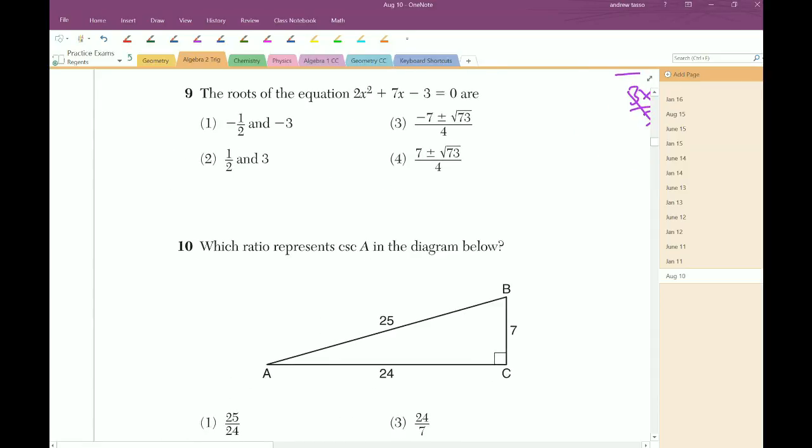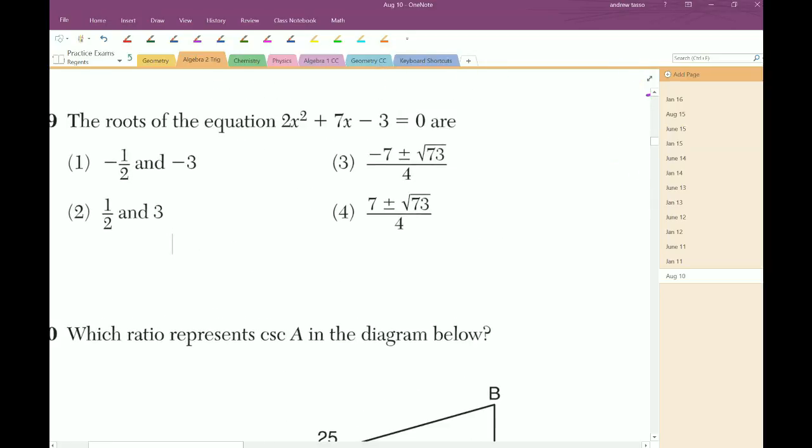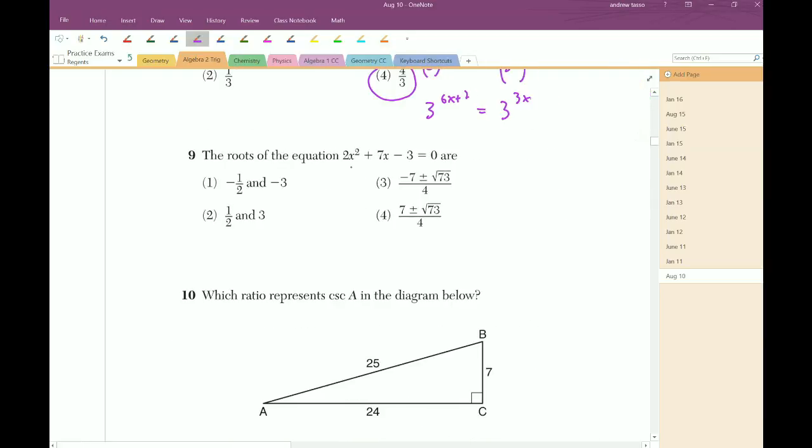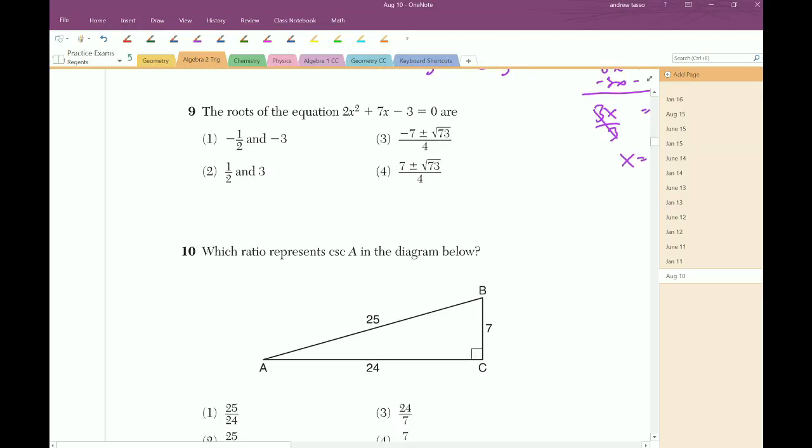The roots of this equation are, okay. Well, I can see from the looks of it, we might need the quadratic formula for this one. So there might be integer solutions if these are the answers, but we might have to do quadratic formula. I'm just going to do the quadratic formula and see what we get, especially because there's a 2 out in front. So trinomial factoring is going to turn into AC factoring, which is a little more complicated, and so to avoid that, let's just jump right into